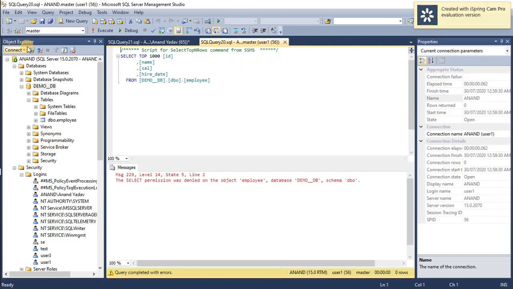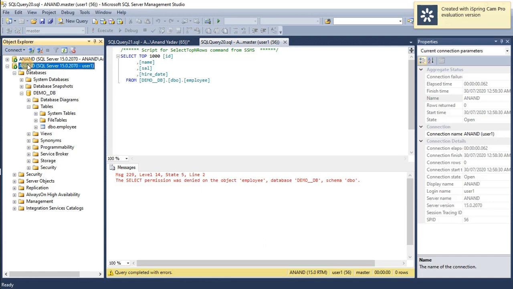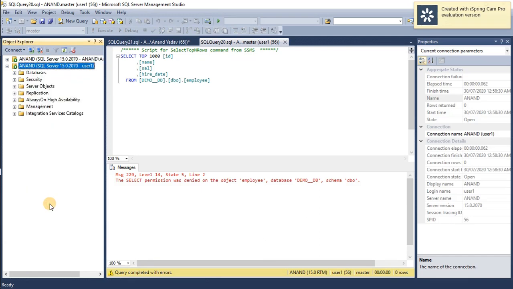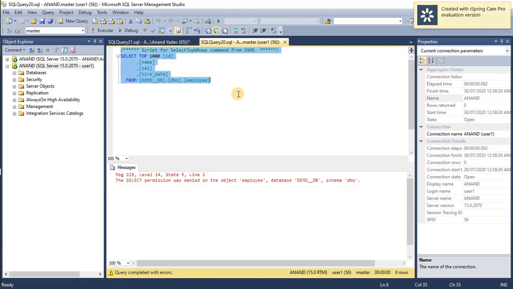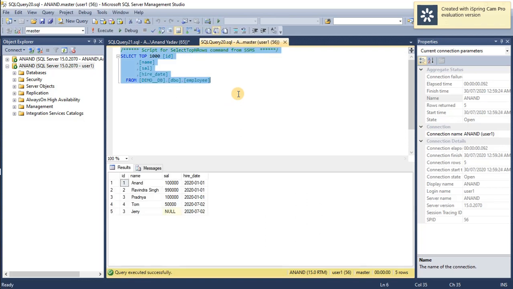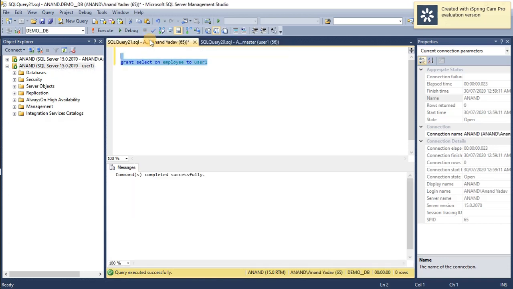Now I will go back to user 1, refresh it, and fire the select query again. Here you can see that I can now access the employee definition and fire the select query. Similarly, you can give him other options, comma separated, like insert or update, as per requirement.